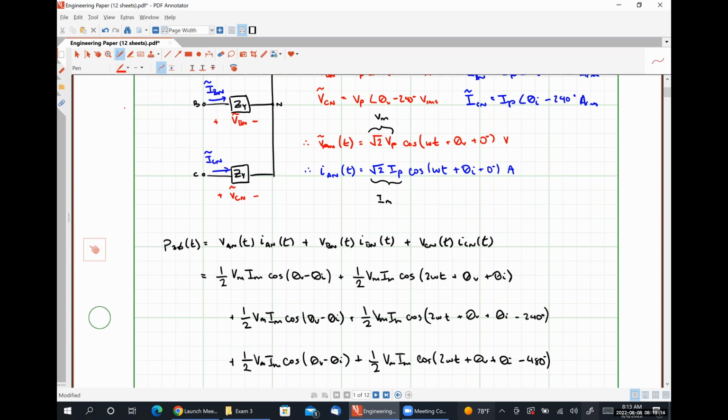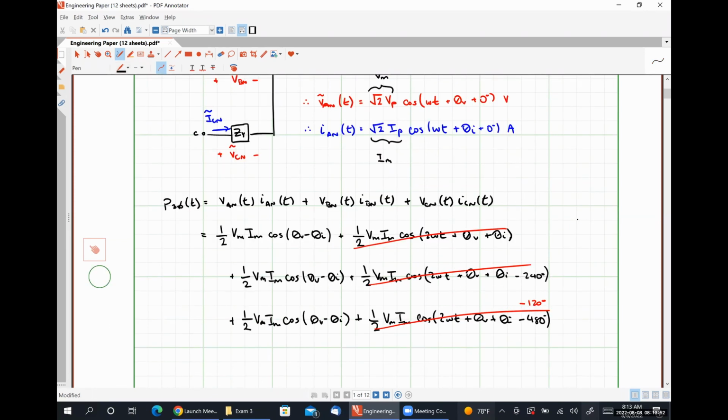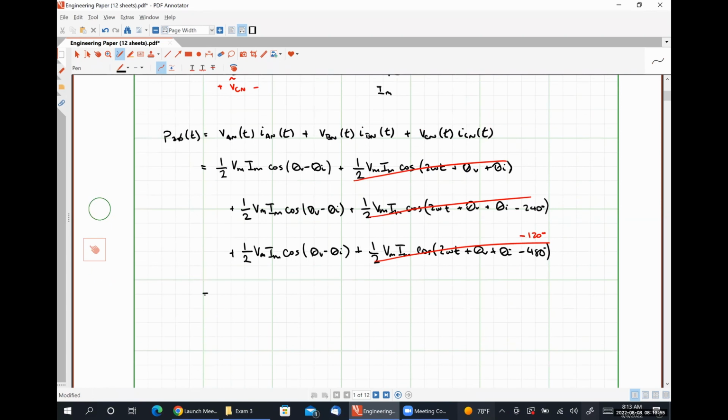Okay. Now, I want to point something out here. Minus 480 degrees is the same thing as minus 120 degrees, right? Because it's just 120 degrees and then we go one more full loop around the circle. So when we added three complex numbers together where the phase angles were separated by 120 degrees, so 0, negative 120, and negative 240, we found out that the result of adding those three terms together was 0, which means this term, and this term all serve to cancel each other out, leaving us with an instantaneous power that is simply